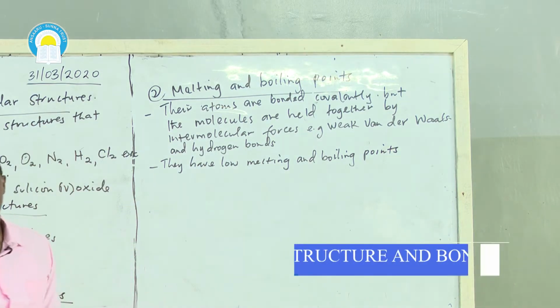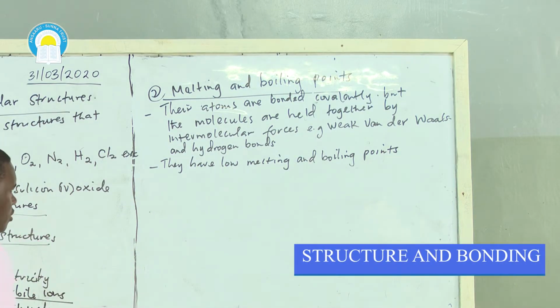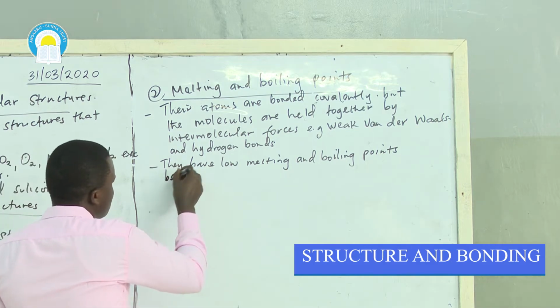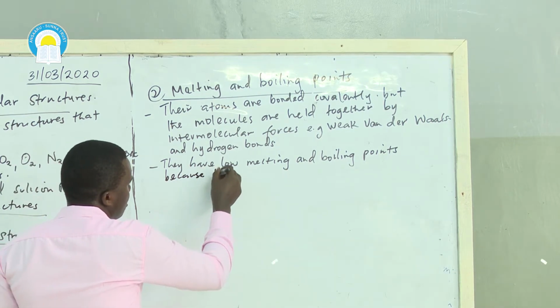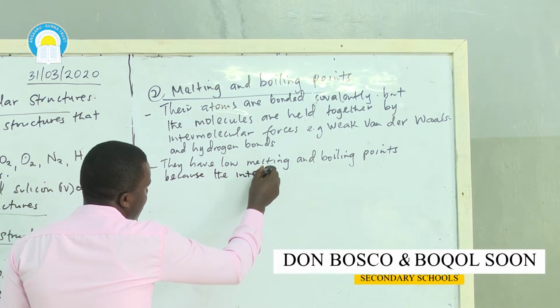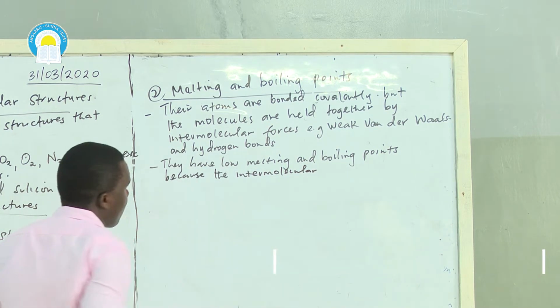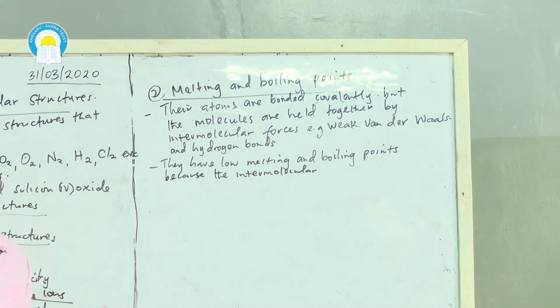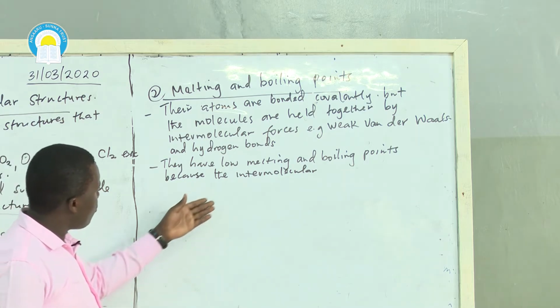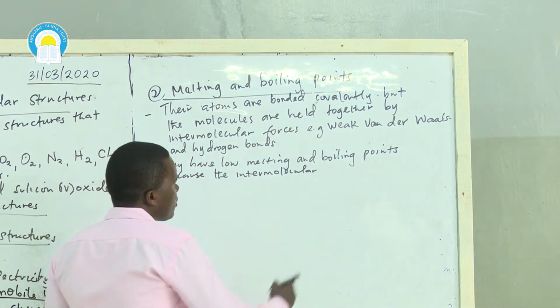Because of the intermolecular forces, which I've said are two kinds, most of them have the weak van der Waals, but there are also some molecules that have hydrogen bonding, especially the water molecule and also ethanol. So most of them have intermolecular forces which are weak,